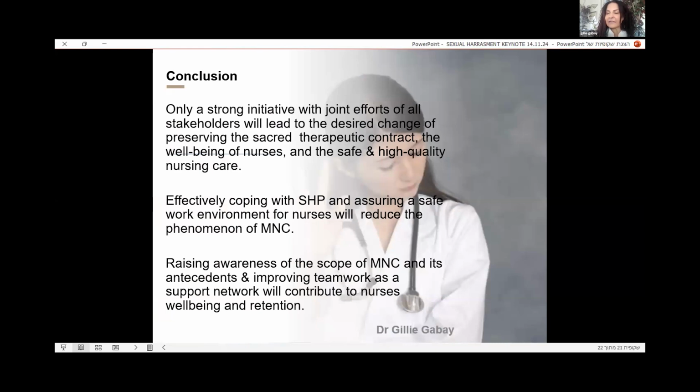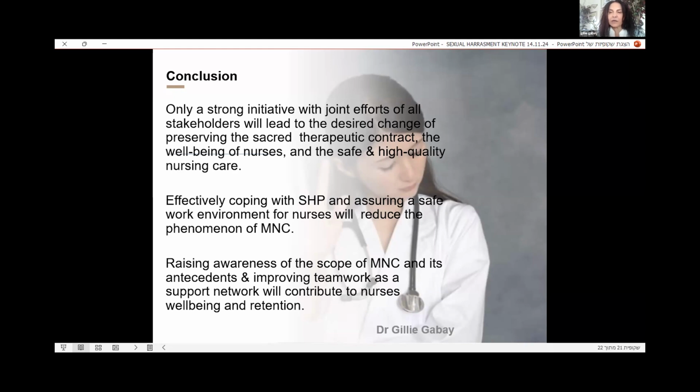The last thing is that we all need a very strong initiative in our health systems with joint efforts of all stakeholders in order to reach the desired change of preserving the sacred therapeutic contract, the well-being of nurses, the safety and high-quality nursing care. The effective coping with sexual harassment and assuring a safe work environment is really a must, and it's a responsibility